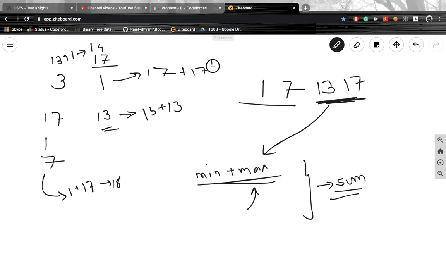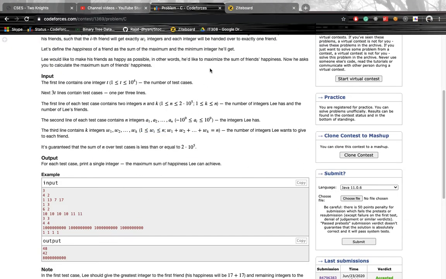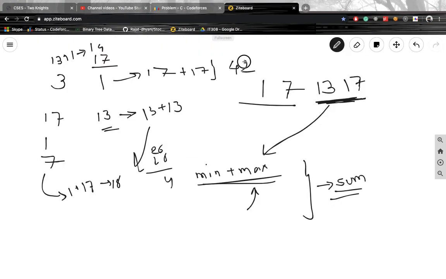So the total is 14 plus 17 plus 17, which is 48 actually, while this is 44. So we can say this one is better.